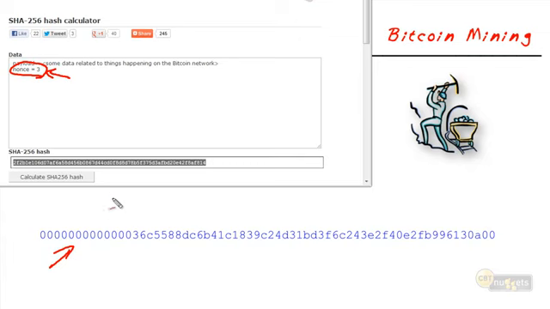And the reason they have the leading zeros is to make it kind of difficult. So with tens of thousands of computers all cranking away and cranking away and cranking away, as soon as one of those computers tries a number and they actually get a hash that has the required leading number of zeros or a minimum number for that hash, they're then going to go ahead and shout out, "I got it!" So you've got this one Bitcoin miner in Des Moines, Iowa, or in Germany, or Japan, or wherever that miner happens to be.